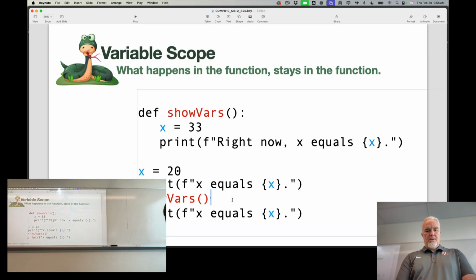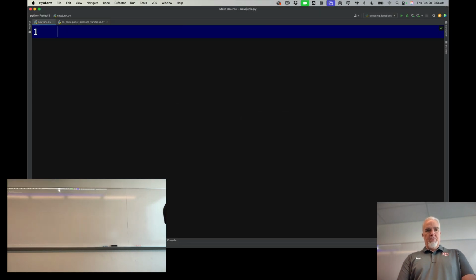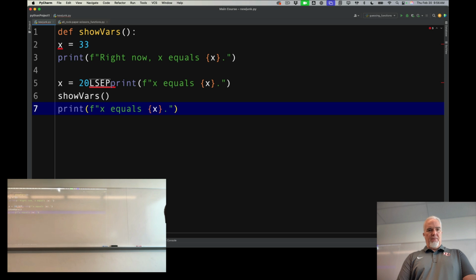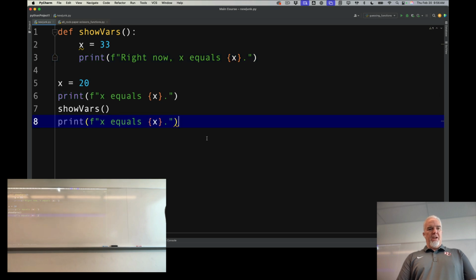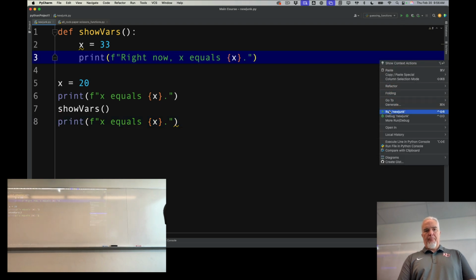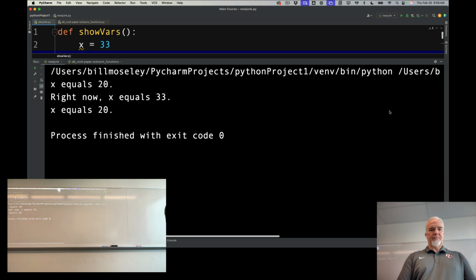Let me get this code. And this one does something funky when I print it. That's okay. Okay, so here's that exact code. And now I want to run it. And so